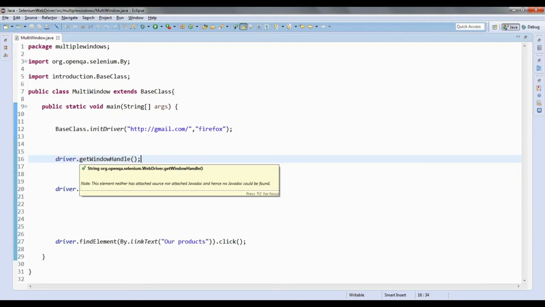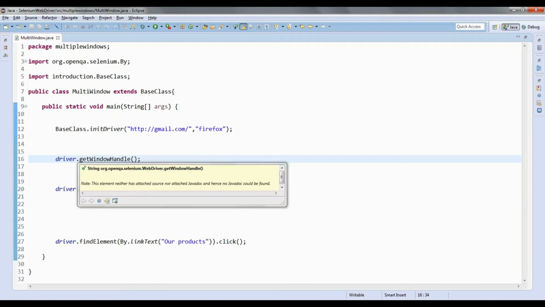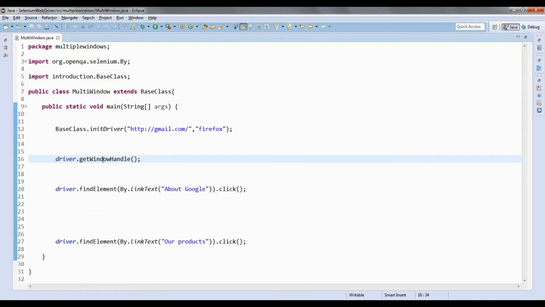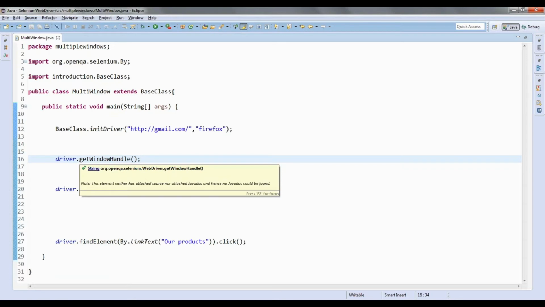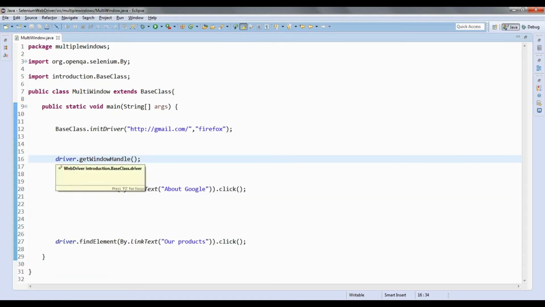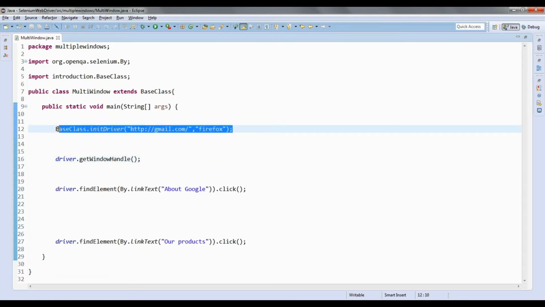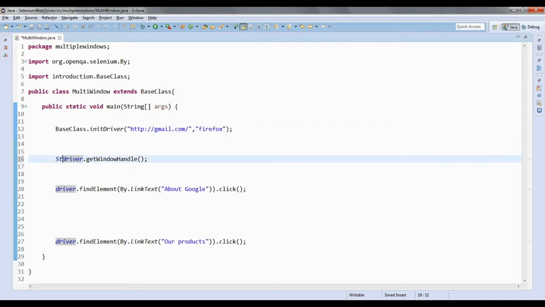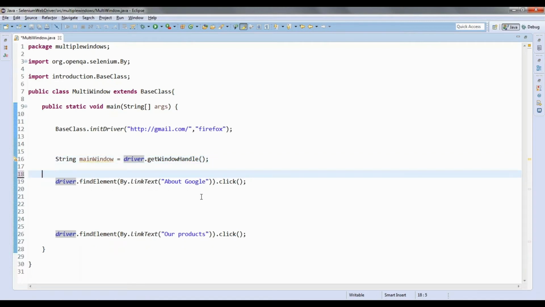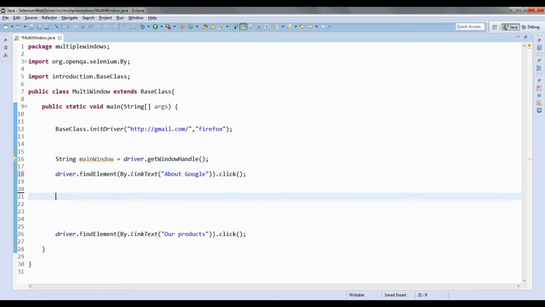This getWindowHandle is going to return a string, an alphanumeric unique value of the current window, whichever window has been opened. So I will be storing that in a string, that is mainWindow. That's the main window. So now I am going to click on About google.com.